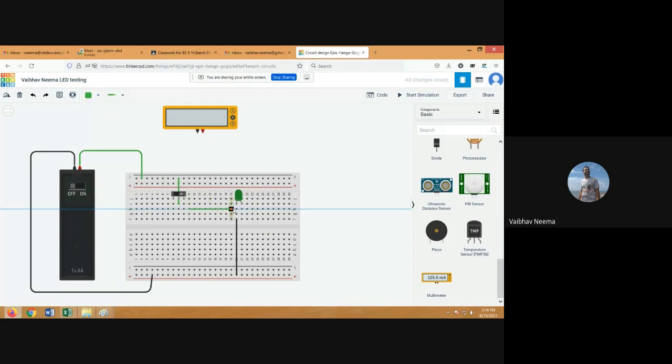Suppose you make this connection and you do the simulation, and the LEDs continuously switch off. LEDs continuously switching off means the appropriate voltage is not applied across the LEDs, because this switch should be connected with terminal number 2, but by mistake we have connected it with the 11th pin.